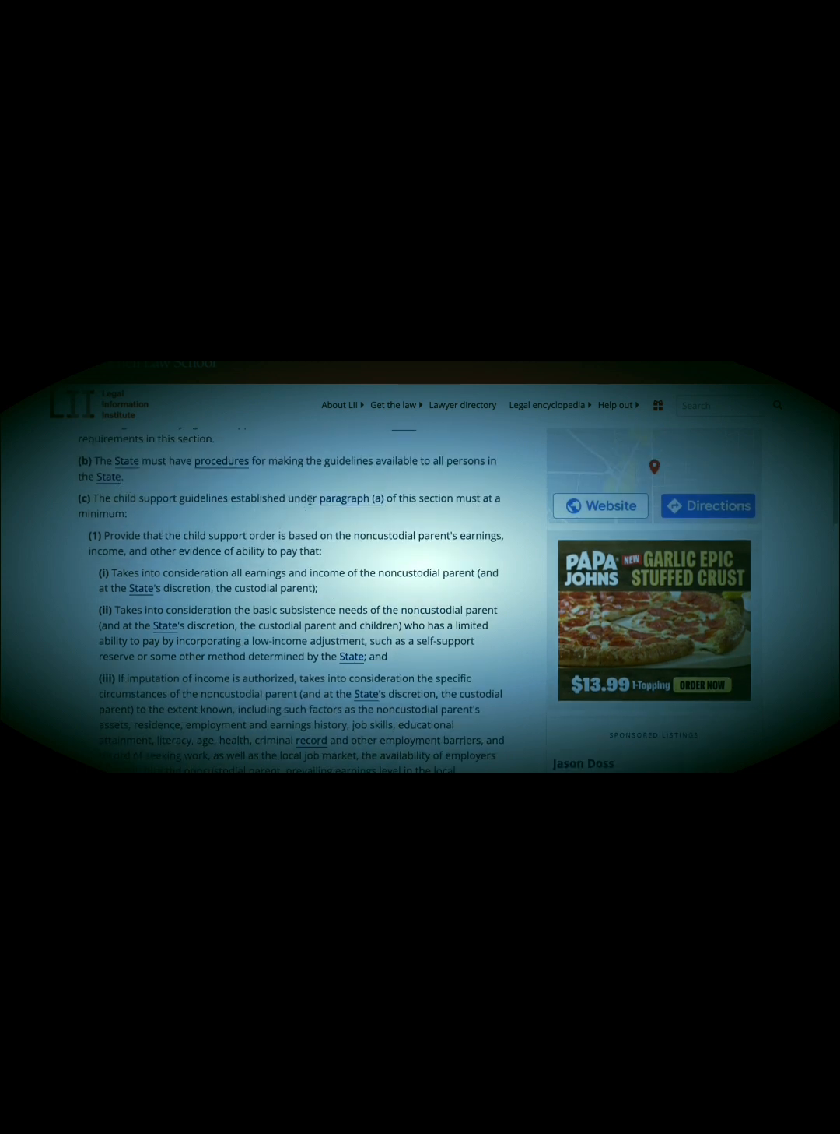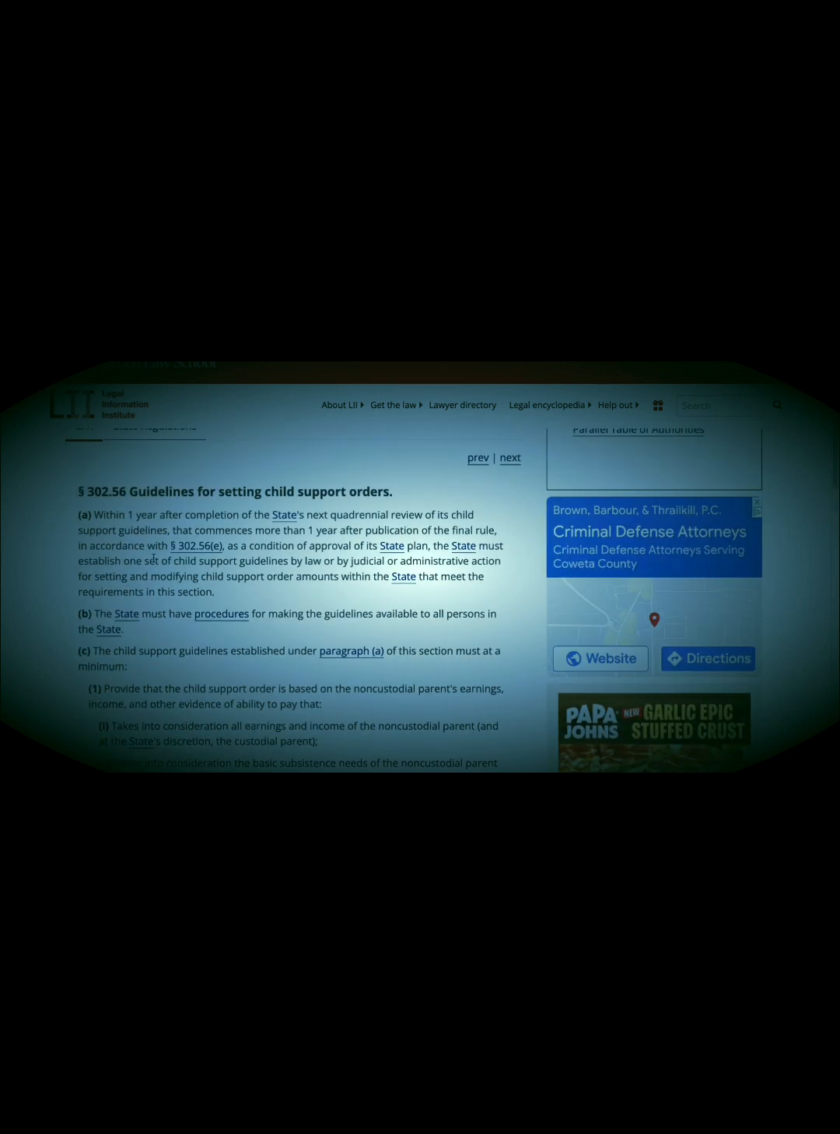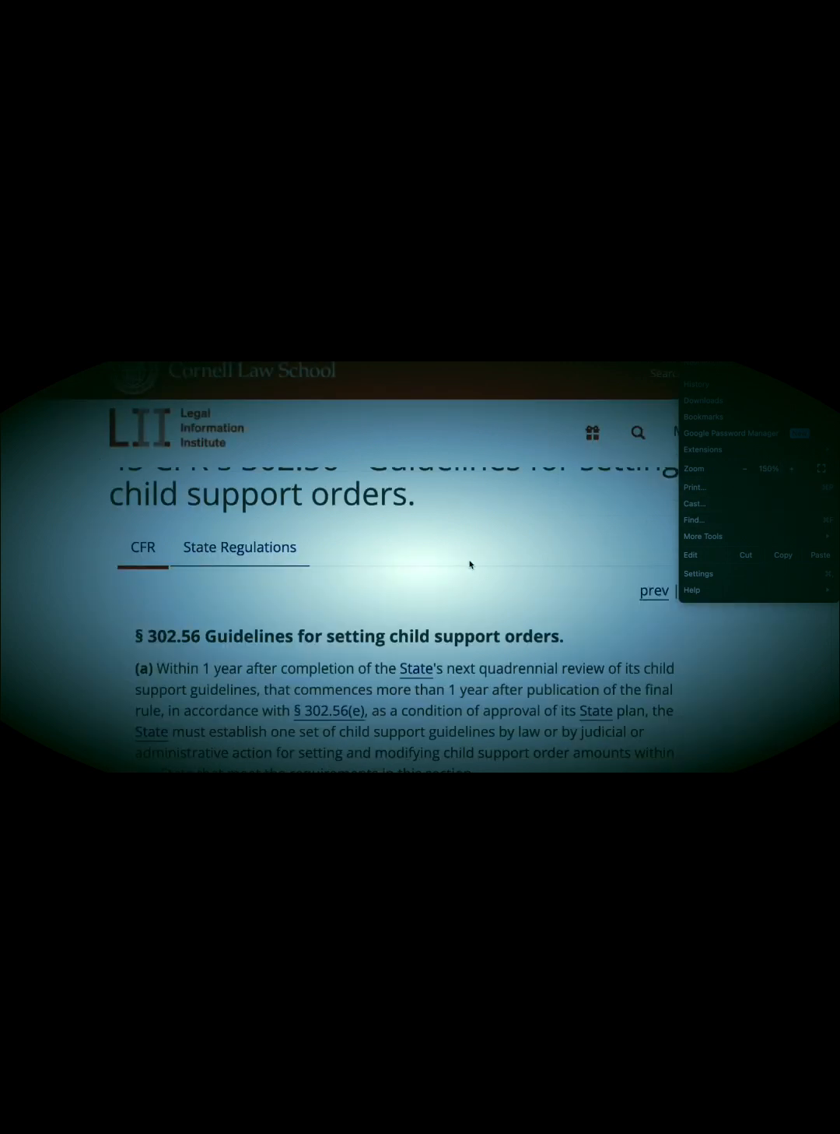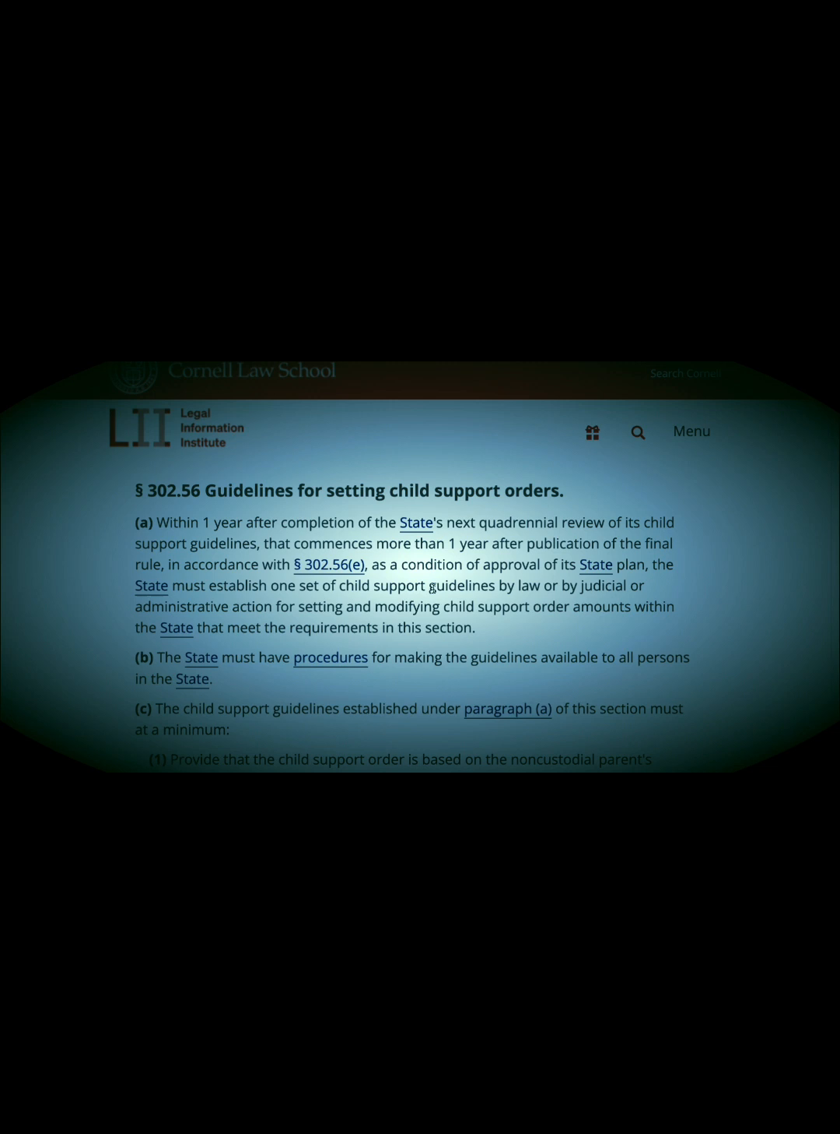Okay. Child support guidelines. It's child support guidelines under A. Paragraph A is up here. It's a guideline for setting child support orders. Within 1 year of completion of the state's next quadrennial review of its child support guidelines that commences more than 1 year after the publication of the final rule in accordance with 302.56(e), as a condition of approval of its state plan,